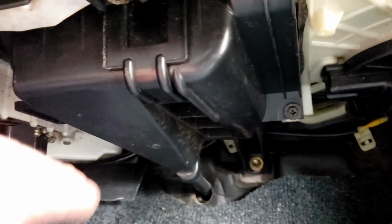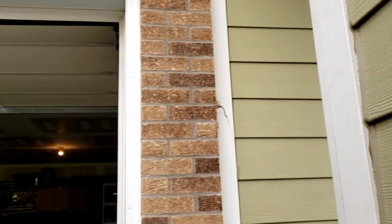Right up here, it's kind of hard to see on this camera. But anyways, you'd run it right through there. If you have somebody on the passenger side, they could pull the wire through. I ran it through the side here, up and over. And then what I did here